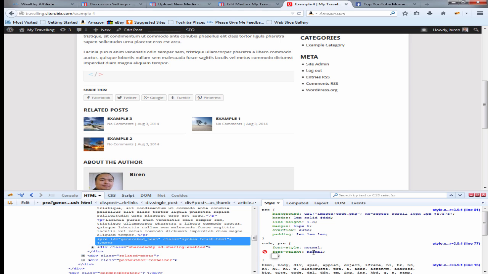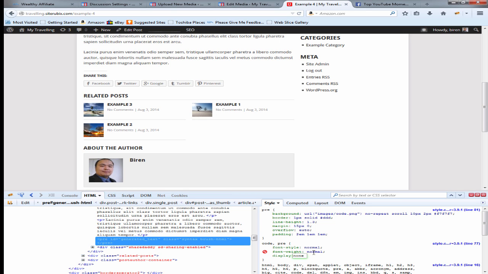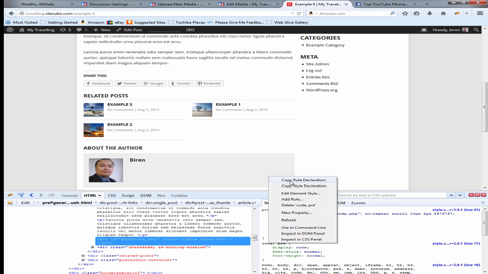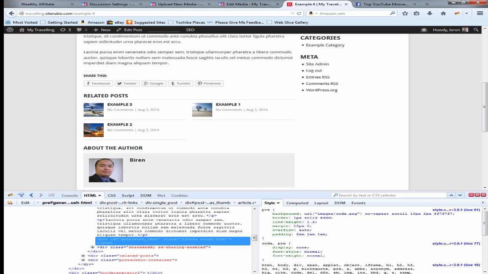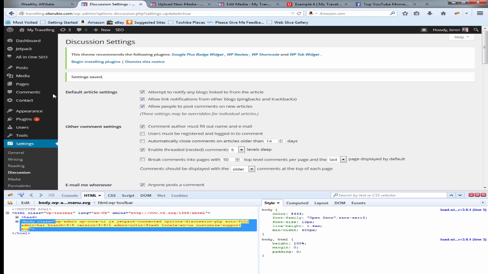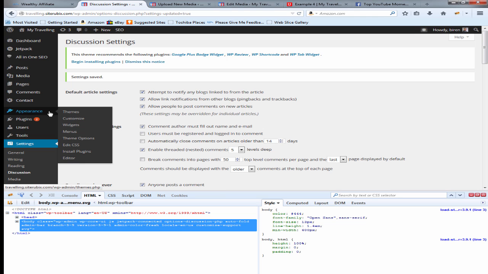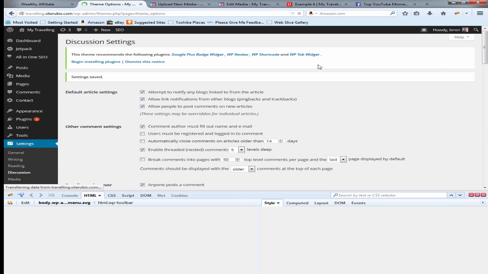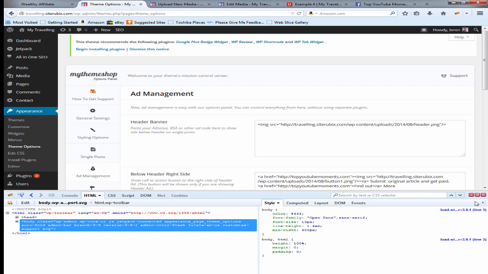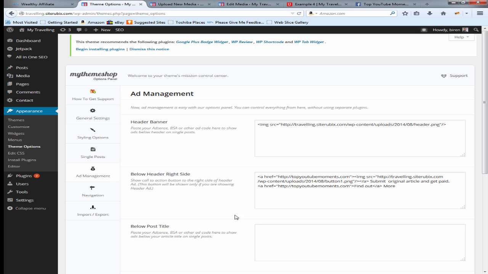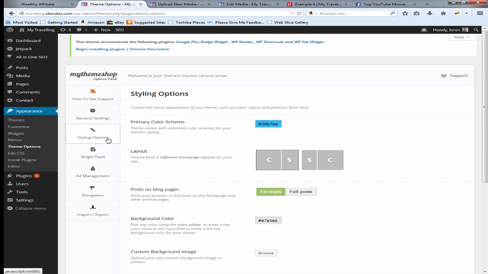It's a lot of trial and error with this CSS thing. Yep, there you go, I got it. So what you want to do is right click that and copy rule declaration. So let's go to appearance and theme option. This is why it is so great working with this theme, they've got custom CSS built in here as well. So go to styling option